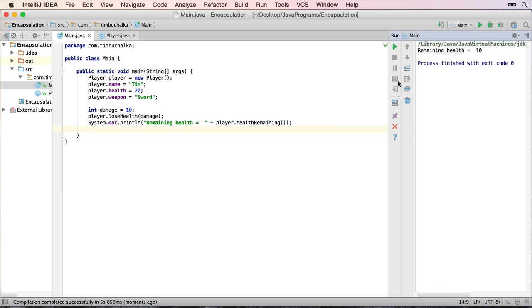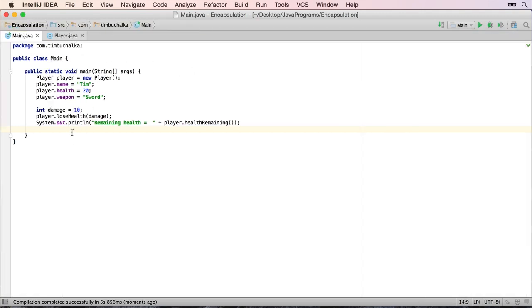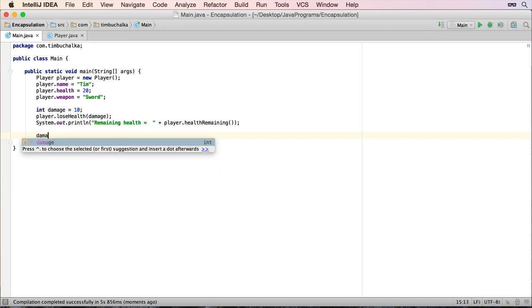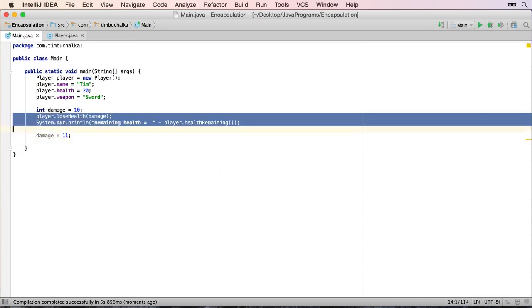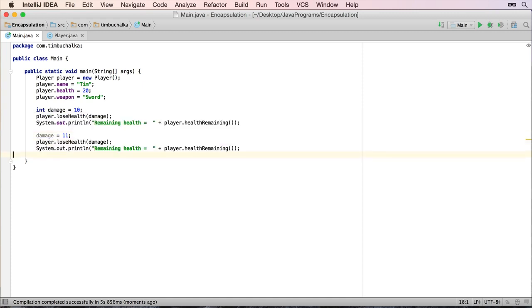And you can see remaining health is 10. So let's just make a bit more space here. And if we do another call, we'll put damage equals 11. And if we just copy these here, paste those in, and if we run this,